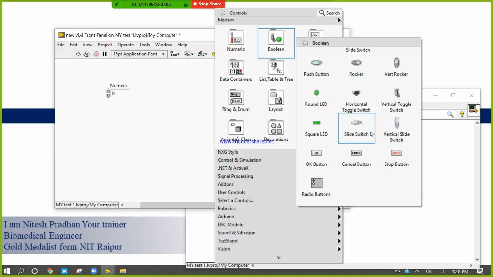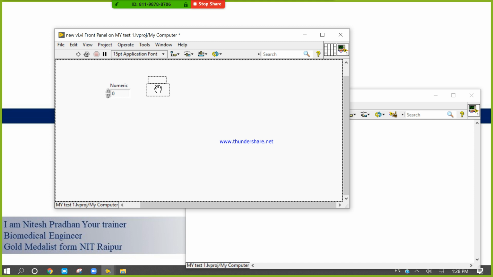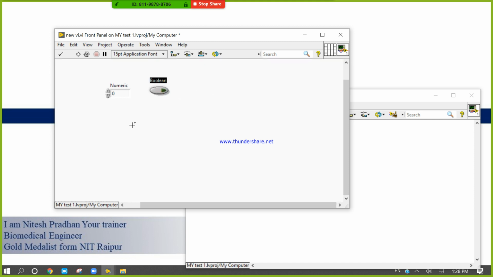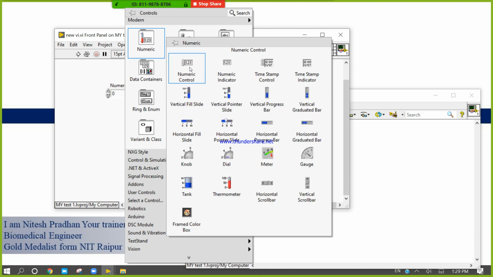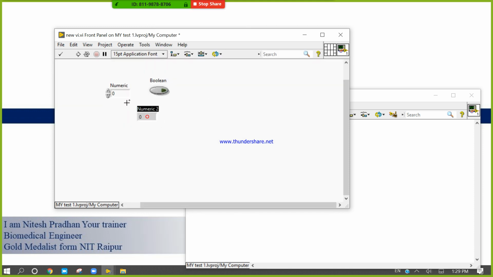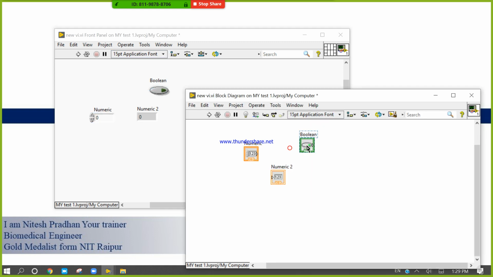And the front panel is dedicated for interaction, for giving data and expecting any kind of outputs. So it is a front panel. It is a block diagram.